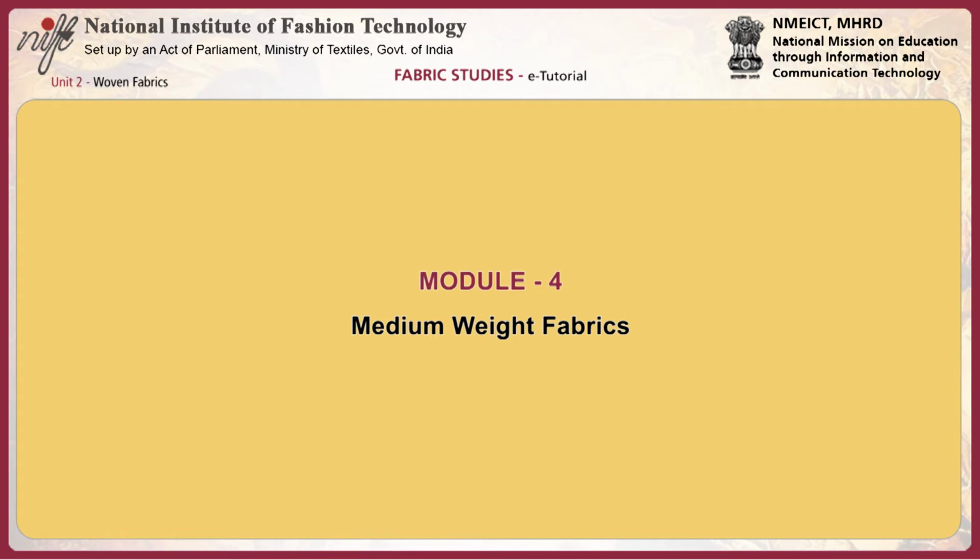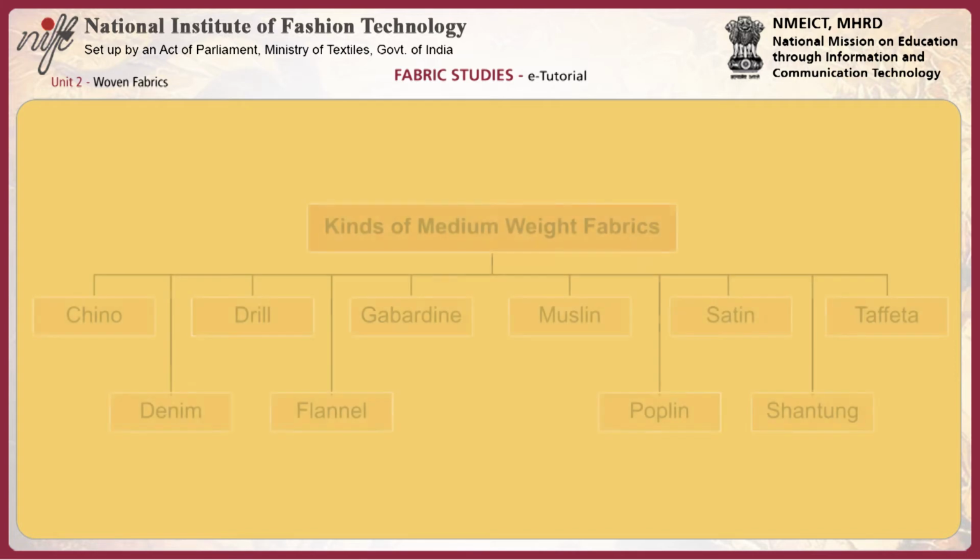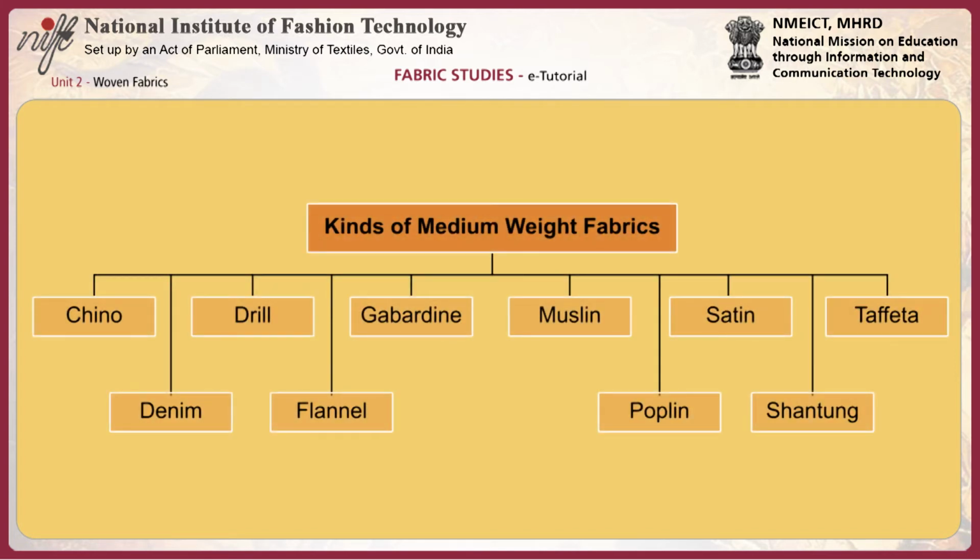Let us now move on to the second category, medium weight fabrics. Medium weight fabrics are fabrics of weight from 4 to 6 ounces per square yard. They are the most widely used woven fabrics. They are used to make heavy shirts, blouses, dresses, apparel linings, winter bed sheets, draperies, upholstery, wall coverings and table linen. They are also used as quilted and bonded fabrics.